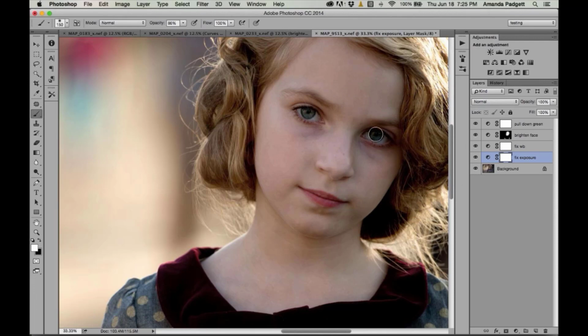It darkened it. It made them beautiful and everything, but it darkened it so much that it just made a lot of it very dark and we lost detail. So I'm going to turn it off again, turn it back on. See how I made it too dark? So I'm going to use a black brush this time. I've got my mask outlined and I'm going to hit X. And now I am just going to lower this down a good bit lower